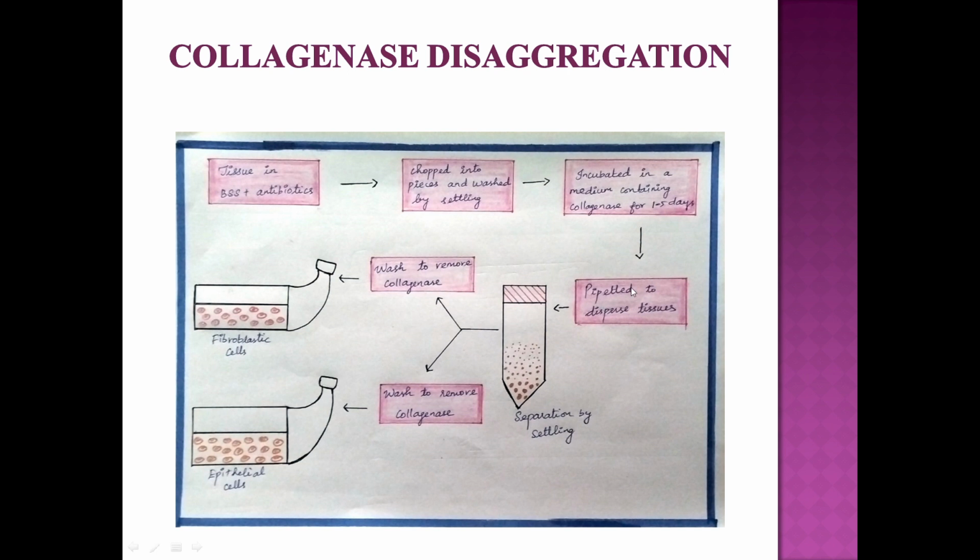Pipetting the dispersed tissue and separation by settling. And finally, we wash to remove the collagenases. Now we have fibroblastic cells and then epithelial tissues. Collagenase disaggregation has been successfully used for human brain, lungs and several other epithelial tissues, besides various human tumors and